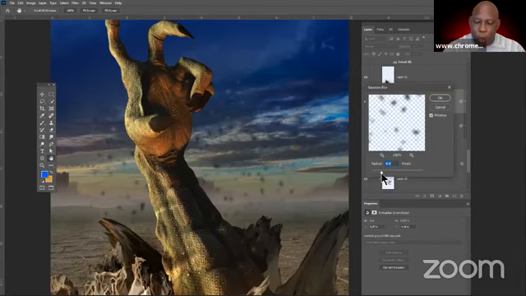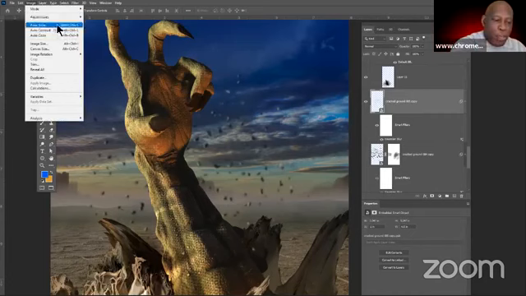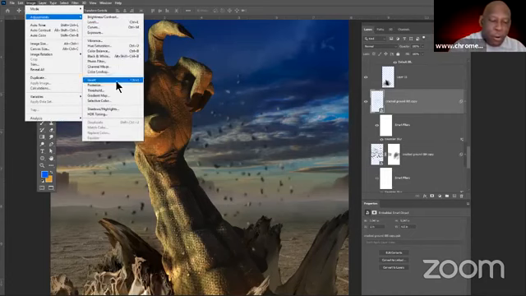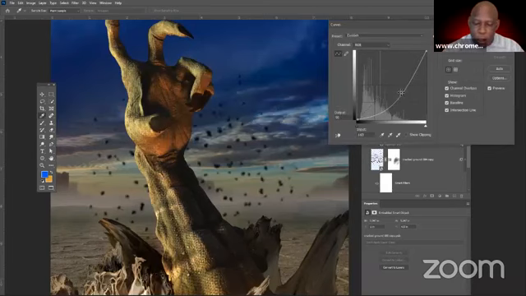Now it looks like it's in the background. I don't want that much blur, but I can adjust the blur. Now it looks like it's in the background because it's shallow depth of field. It's blurred and it's way back there. Also, it may be darker in the background, right? Because the lighting is not hitting it straight on, or it's further in the back, so it may look like darker specks. So I can go to my image menu, adjustments, curves, and darken them up however you want.